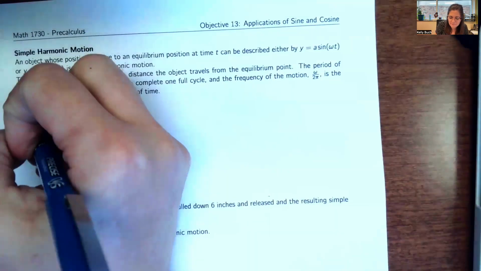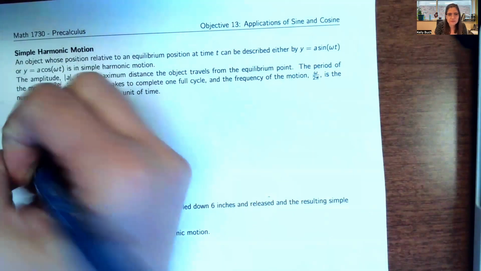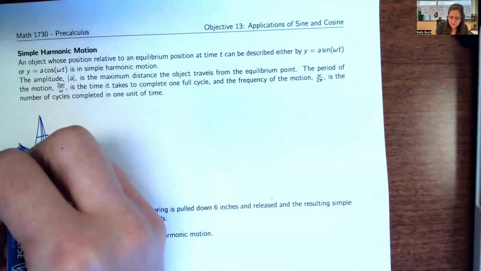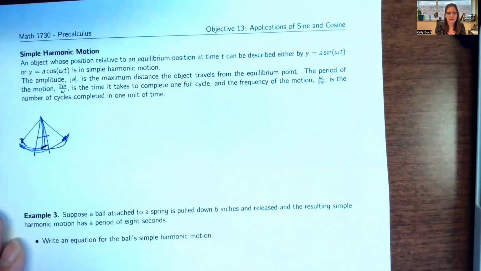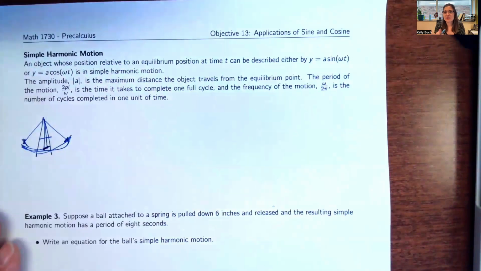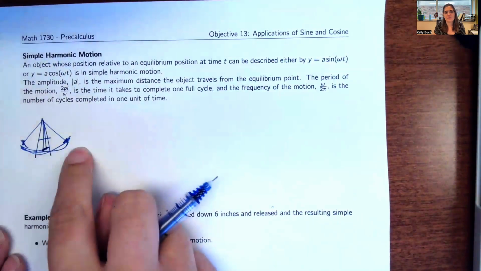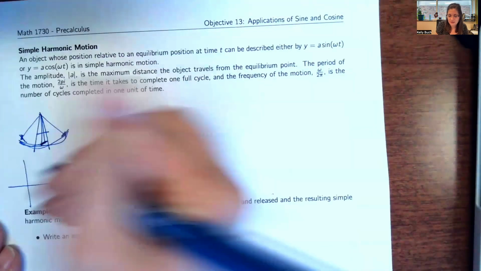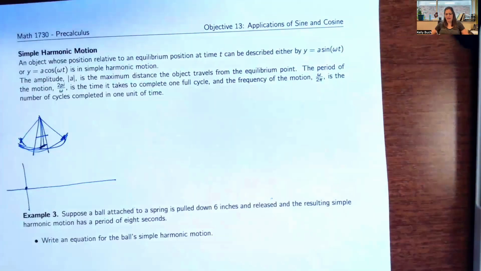They might mean, like, if you're on a swing. Oh, I'm not a very good artist, so I don't know why I'm trying to do this. But if you're in a swing set and you kind of go back and forth, right? You're gonna swing all the way back here, and then you're gonna swing all the way over here, and you're swinging, and your position over time. If I were to track the number of feet forward or backwards, and if I were to plot that over time, I usually start back on the swing.